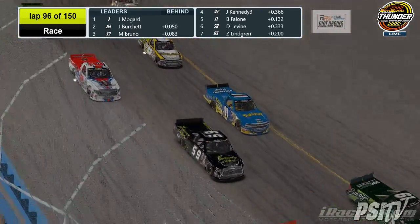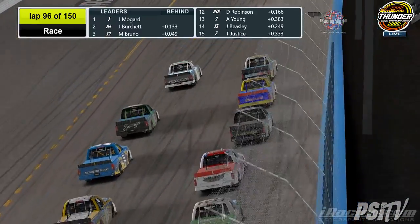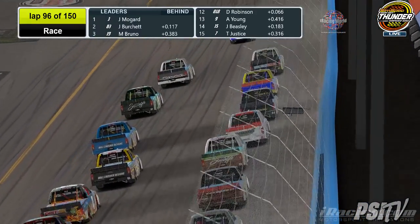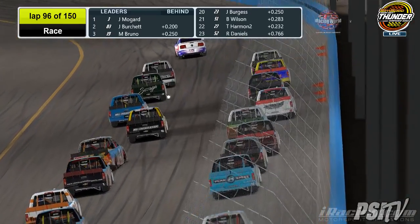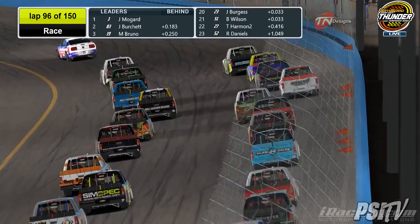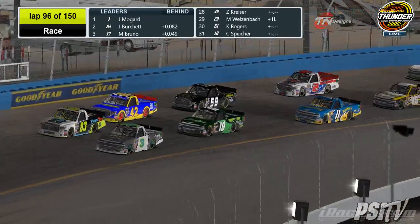Again, that was David Levine in the number 59 truck, Vegas Strong on the hood. And yeah, some interesting comments. We'll just let those land as they shall. Definitely not the happiest about how the race has gone for him so far tonight, but he's got a pretty positive outlook, just trying to get